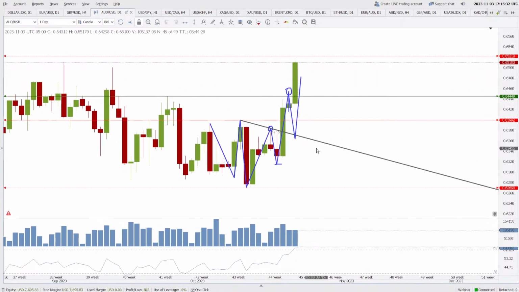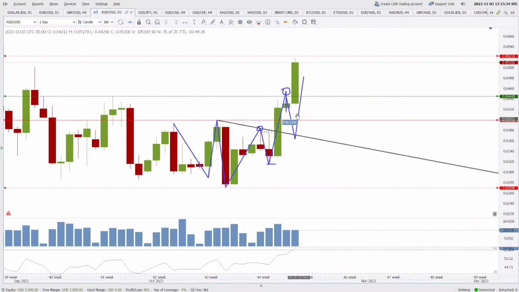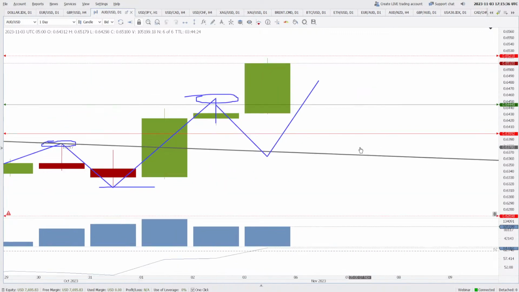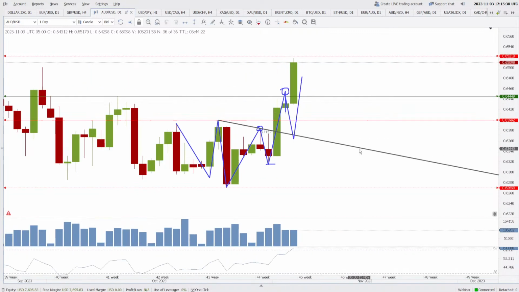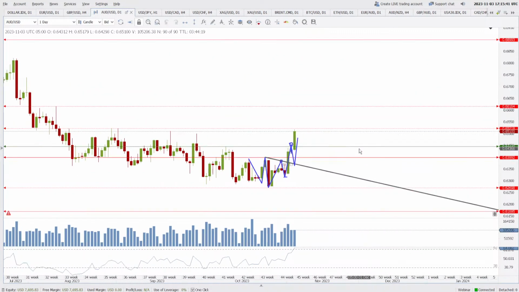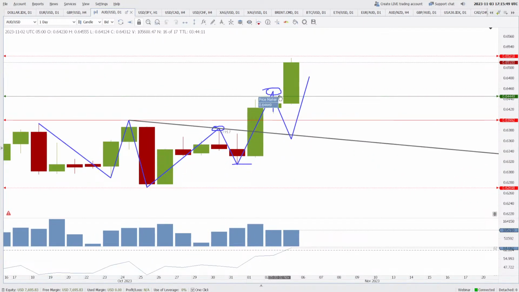Australian dollar, are we not bullish in this one? We are bullish in this one. Did we not expect something like this? Yes, we did. So okay, the price has reached the level of resistance 0.6521, and the uptrend has started. Somebody was saying that there is a possibility that the price will go up, but we were expecting it to test this area, and that has not happened.